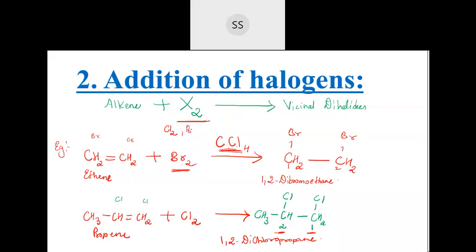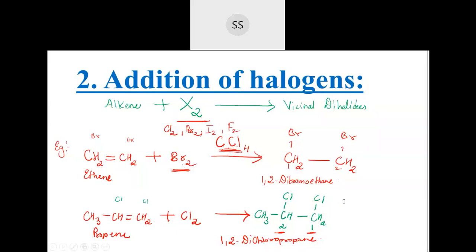Bromine is also unstable, no? You can understand this with their valency. The valency of bromine is 7, with 7 electrons in the outermost shell, and 1 is required. So it will combine with another bromine atom. Even iodine, all of these, and fluorine also, F2. That's the reason why it is written as X2.